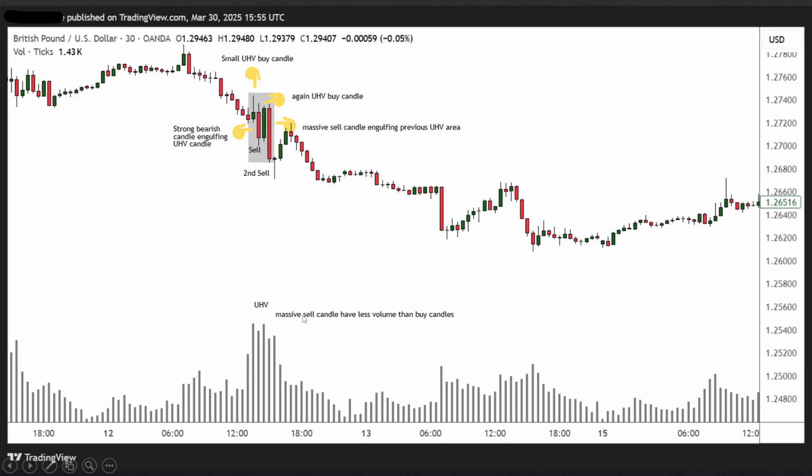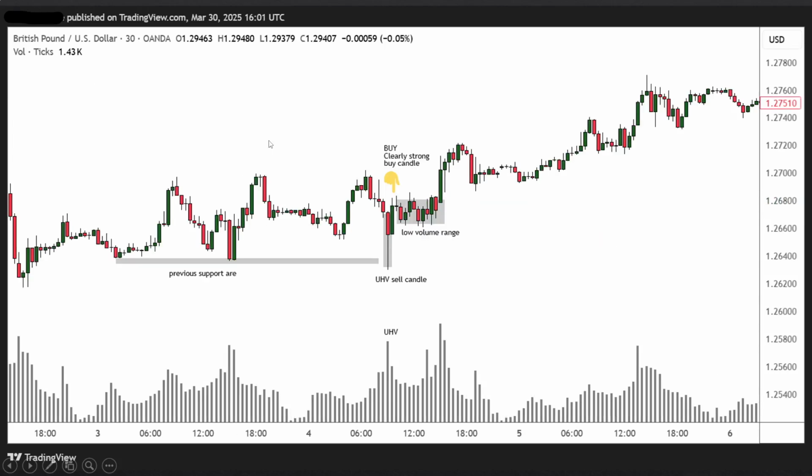Okay, on the sell candle there was a low volume, now less than the ultra high volume candles. Now this is a British pound 30-minute chart, and there is a previous support here, and market came down. There was one candle with the ultra high volume testing that support, then market reversed back, closing above the